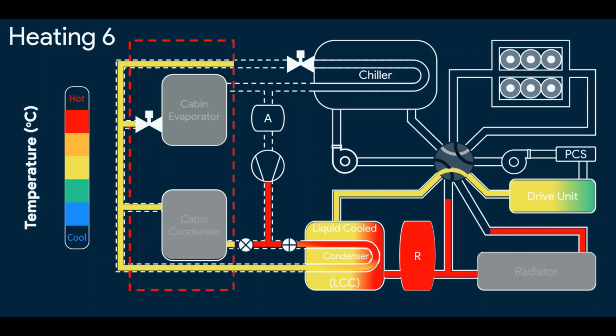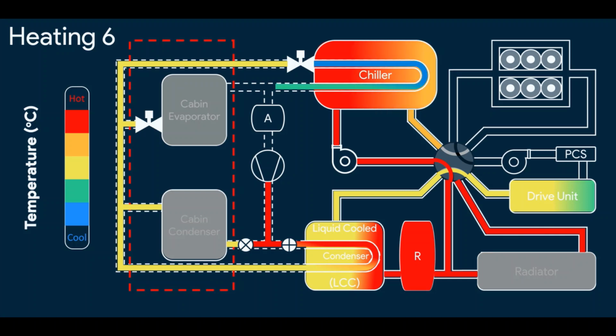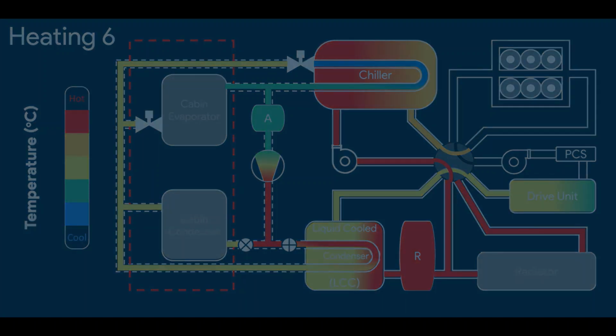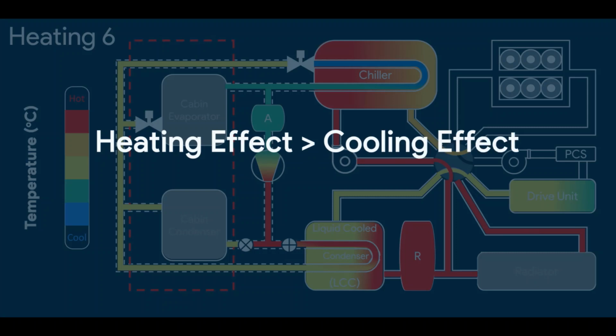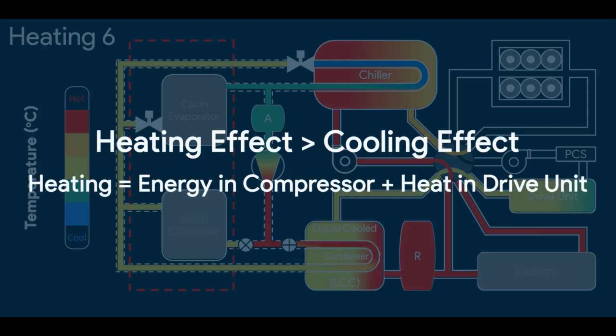Then the refrigerant goes to the chiller and chills down after expansion, and the hot coolant also goes to the chiller via the OCTOVALVE. Now the cooling effect of the refrigerant absorbs the heat from the hot coolant, so cooling and heating cancel out, but not completely. The coolant still remains warm as the heating effect is always more than cooling, and thus more heat is equal to the energy put in the compressor